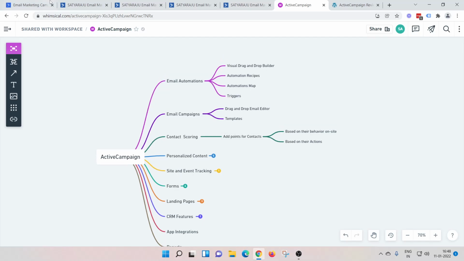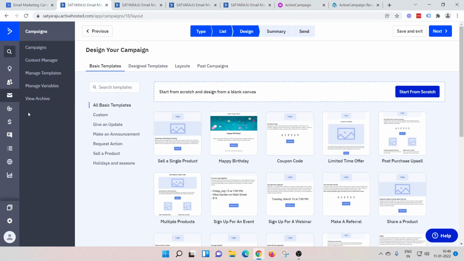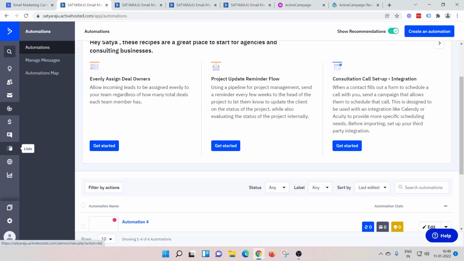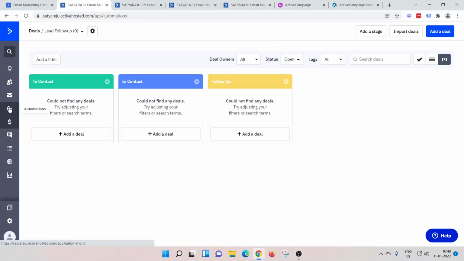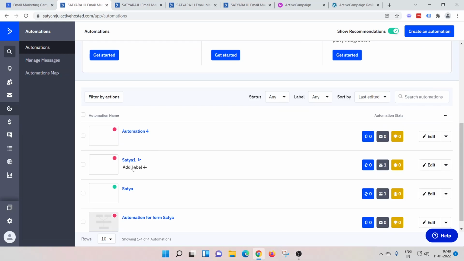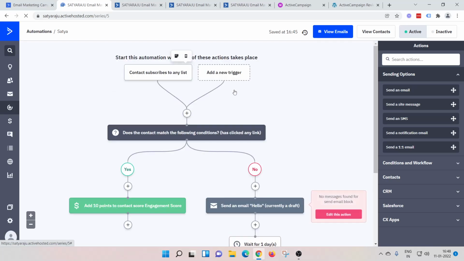And the next section is contact scoring. As discussed earlier, I have shown you an automation where I have added a score. Contact scoring is generally part of, or you can make it part of, the workflows itself, even tagging contacts as well. I would highly recommend you use the feature of adding tags or scores inside an automation instead of doing it manually. Why? Because it gets automated.